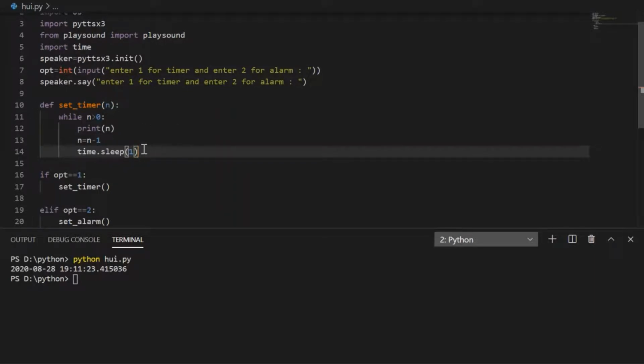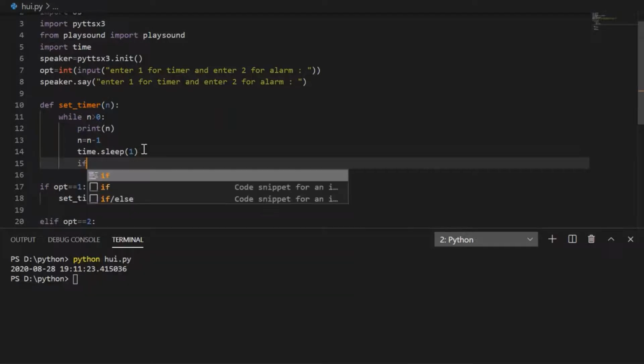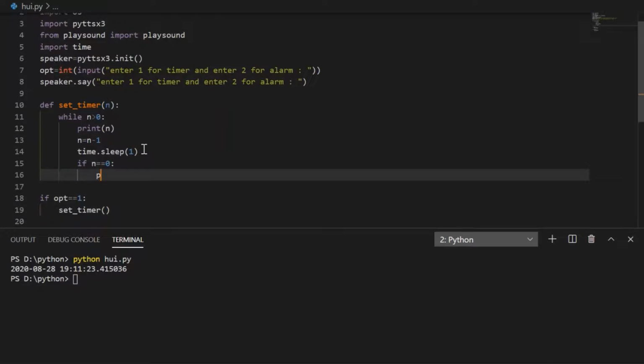Okay, and after continuously decreasing the value of n, when the value of n reaches 0, if n equals 0, at that time it will print time is up. Meaning when the value of n is 0, it means that time is over. Okay,